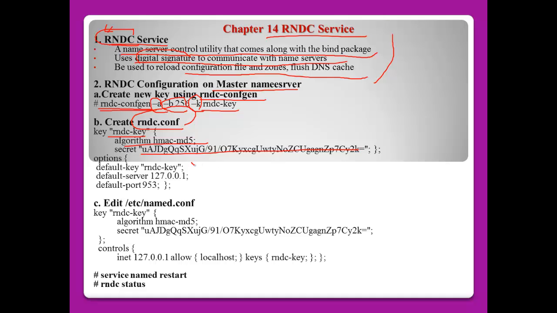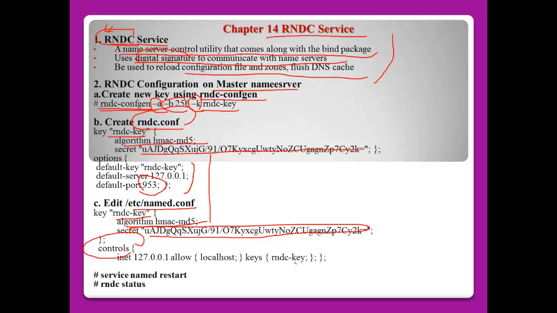And here is the default key, the default server, and the port number. Normally RNDC will use port number 953. And after that, it is named the key name, algorithm, and the secret, which is the same. And after that, controls, inet